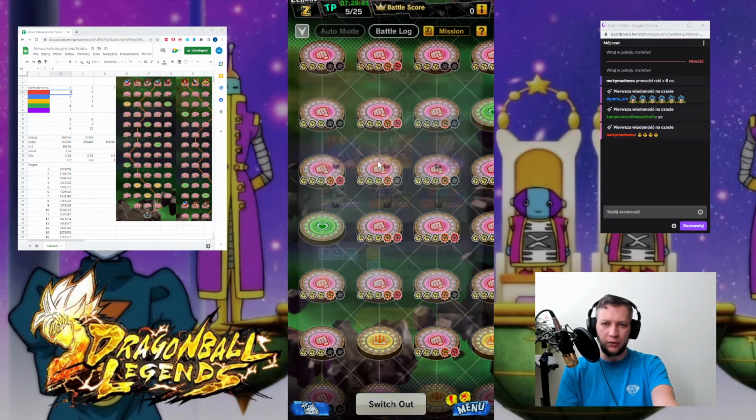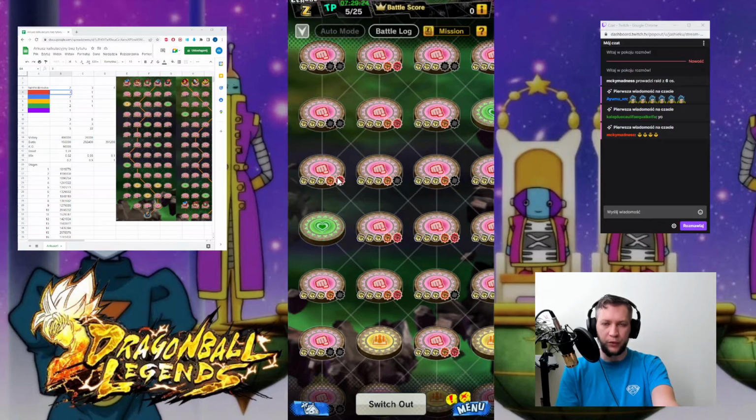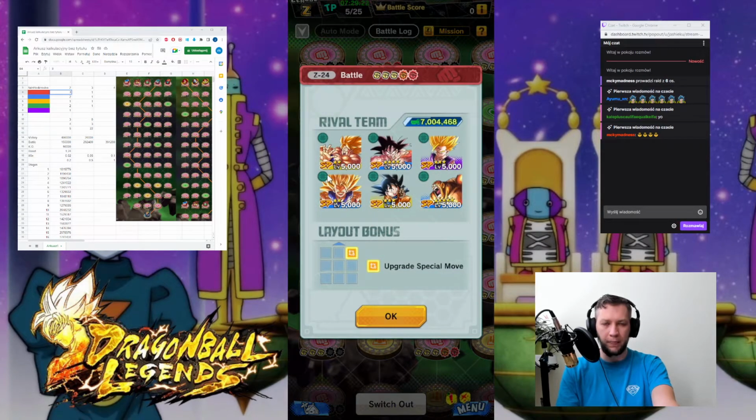And I'm not able to run from this stage, especially if I aim to be in the top 20 players. So yeah, 3 blue units, so 3 and 2, and 2 yellow units. Okay, so how to describe this? It's going to be a hell of a stage, especially when Super Saiyan 3 Goku has lock